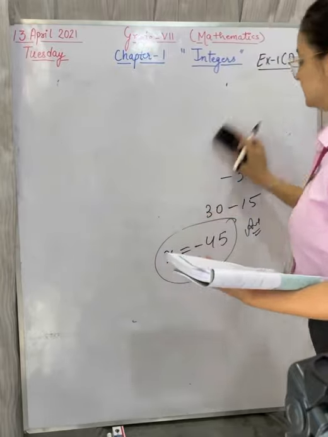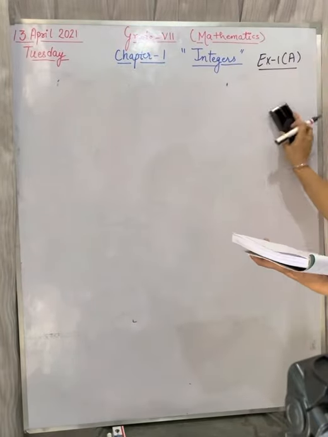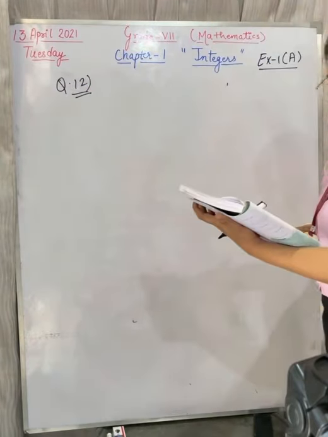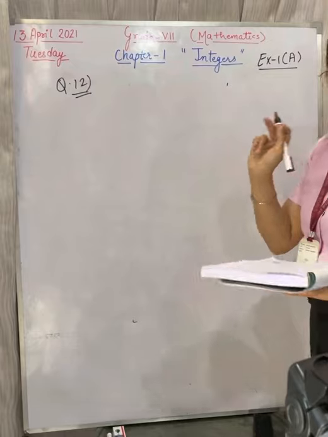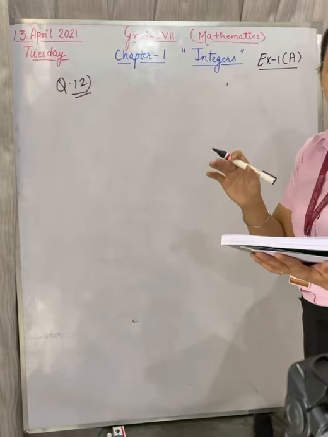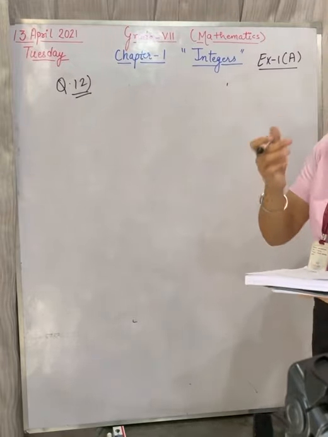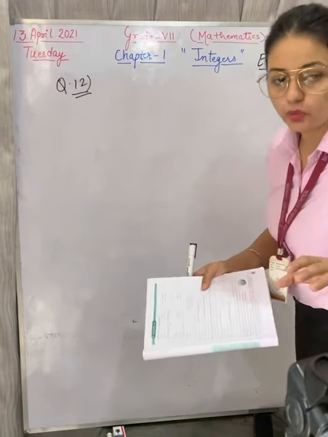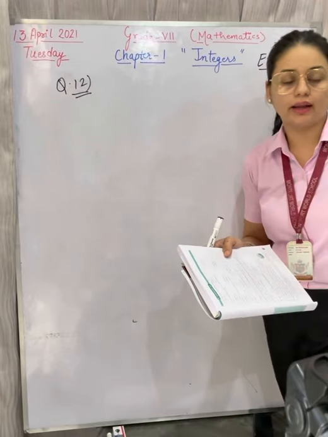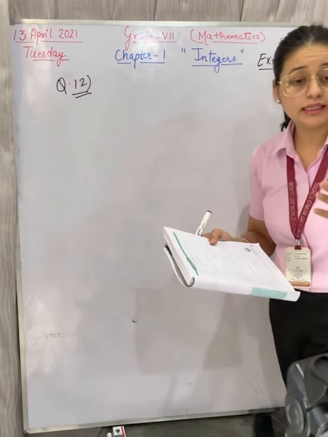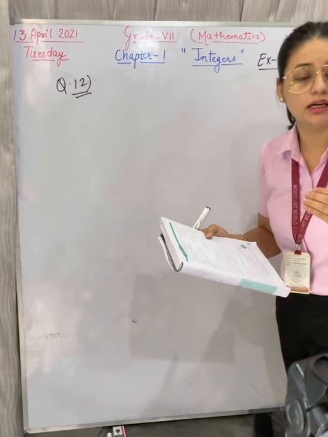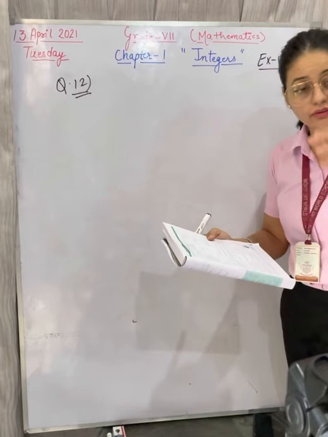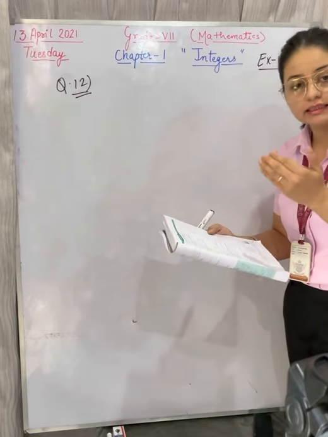Question 12 is: given that the difference of an integer a and minus 30 is equal to minus 4. Now please tell me, I'm writing here. First of all, when word problem questions are given to you in the paper or anywhere, the thing is how much you are able to understand the statement. Read out the statement properly and write down side by side what is given.